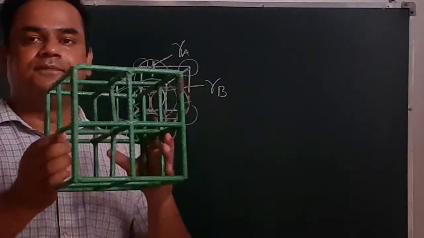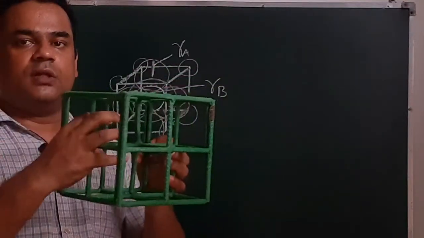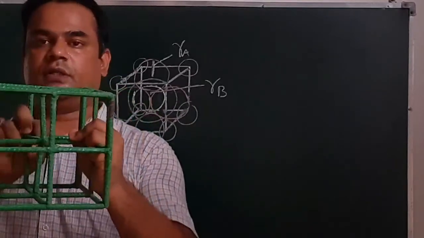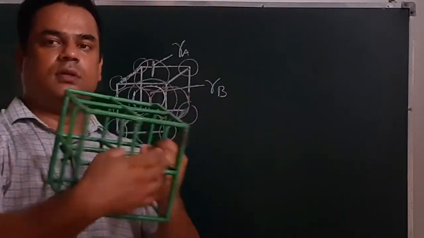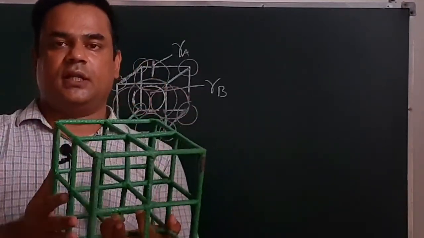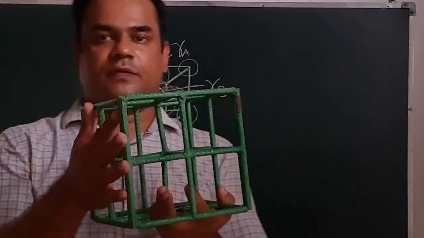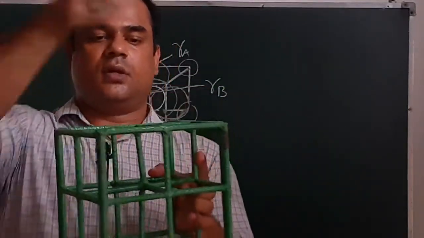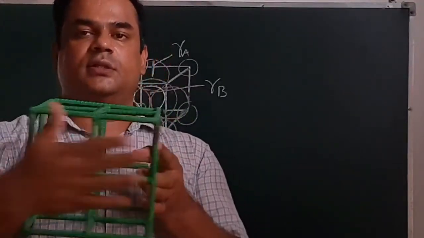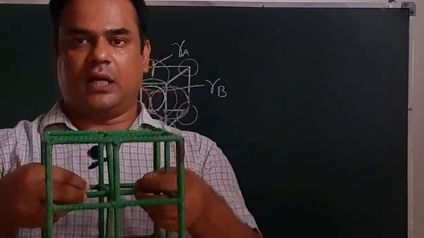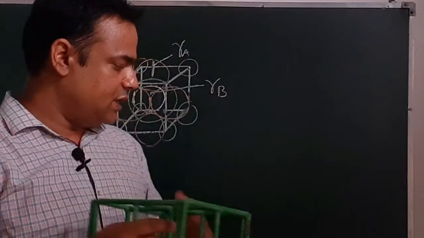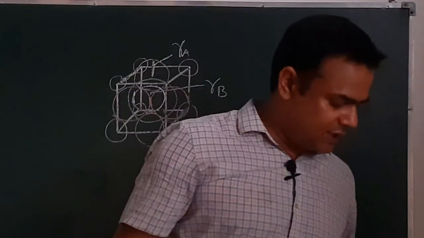This is the 3D model. So constituent particles are present on all the faces, this face, this face, this face, this face, and this face, all the 6 faces. This one is the whole unit cell, and constituent particles are present on this face, upside, downside, back and front. They are in touch with each other like this. So when they come in touch with each other, it results in the formation of octahedral voids like this.